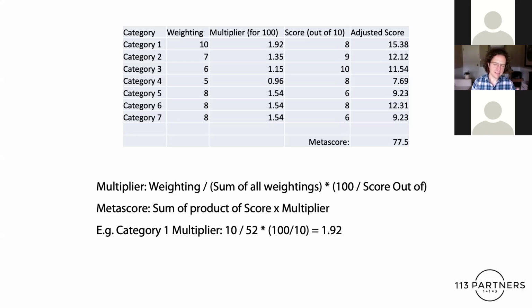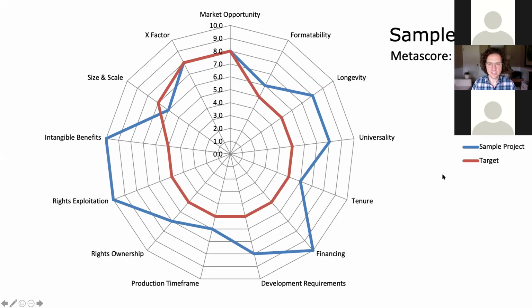The second thing that these models allow us to do is to actually start to then map out visually what it is that the characteristics of a particular project has against those things which are important to us. So I've just given again an example here